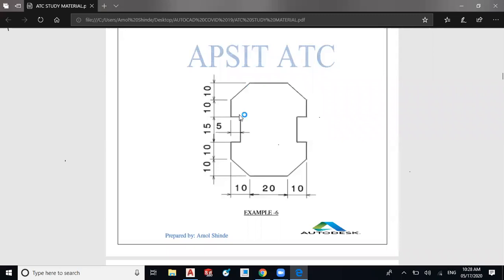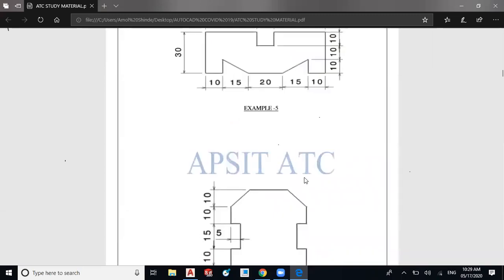You have to create this outline with a rectangular block. You can use mirror. You can create the half portion of the upper part, then use chamfer and mirror it about this horizontal line, or you can use the vertical line too. So it will reduce the time of creating that drawing. So you do it on your own.